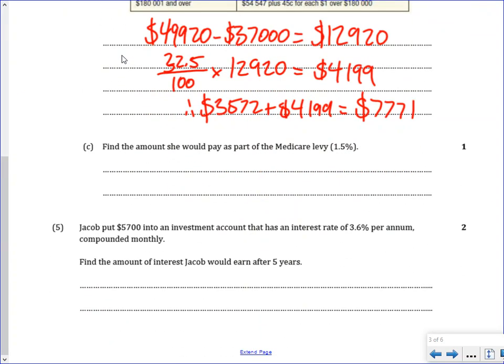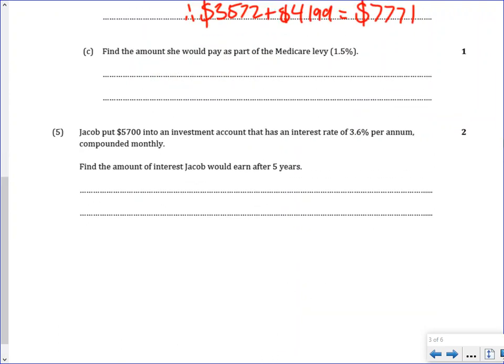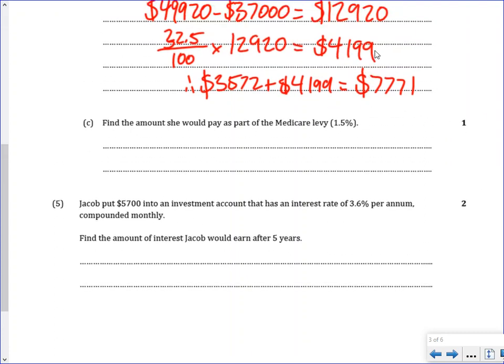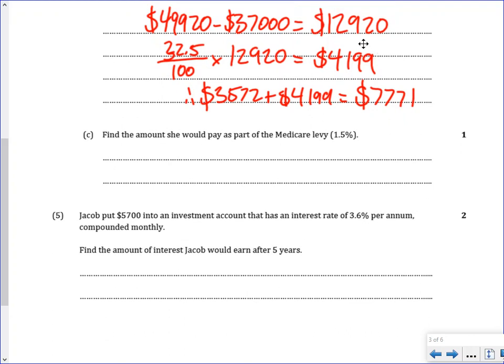Alright, so going to the next question, we're also told to find the amount she would have to pay in the Medicare levy. Well, the Medicare levy is 1.5% of that taxable income, so we'll just go back to that number earlier, that's $49,920. We're going to find 1.5% of that. It's a very simple question, it just looks a bit weird because it's written in a different way. That's the exact same thing. So $49,920 times 1.5%, which gives me